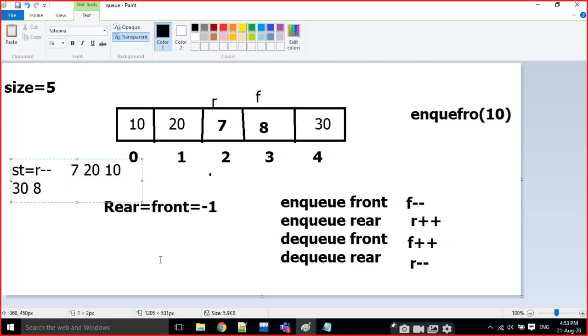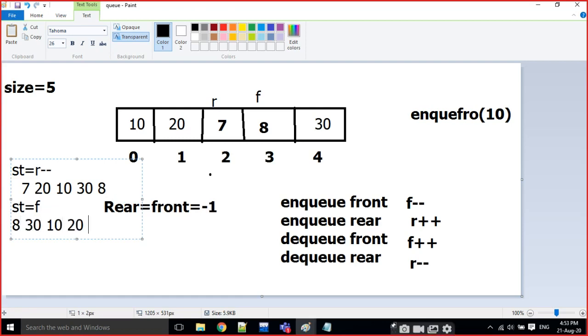Okay, if you are starting at front, what is the output here? 8, 30, 10 and 20 and 7.